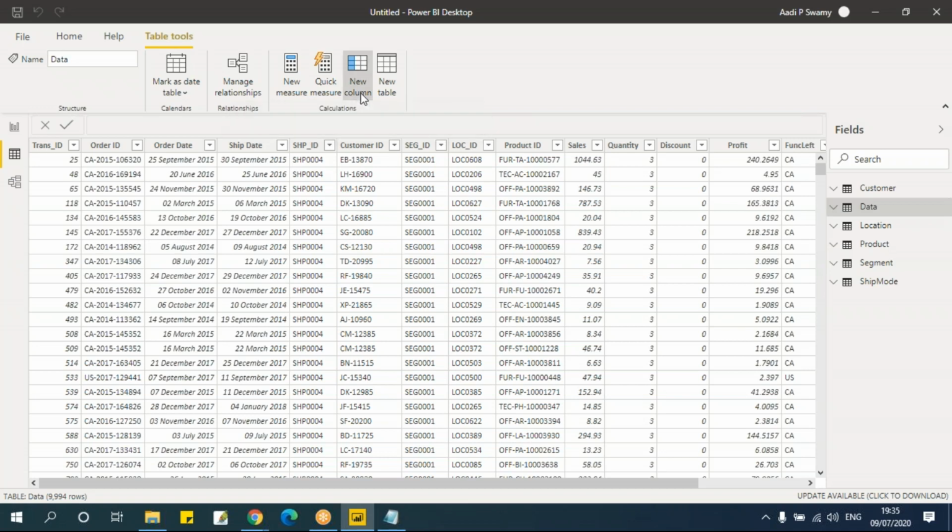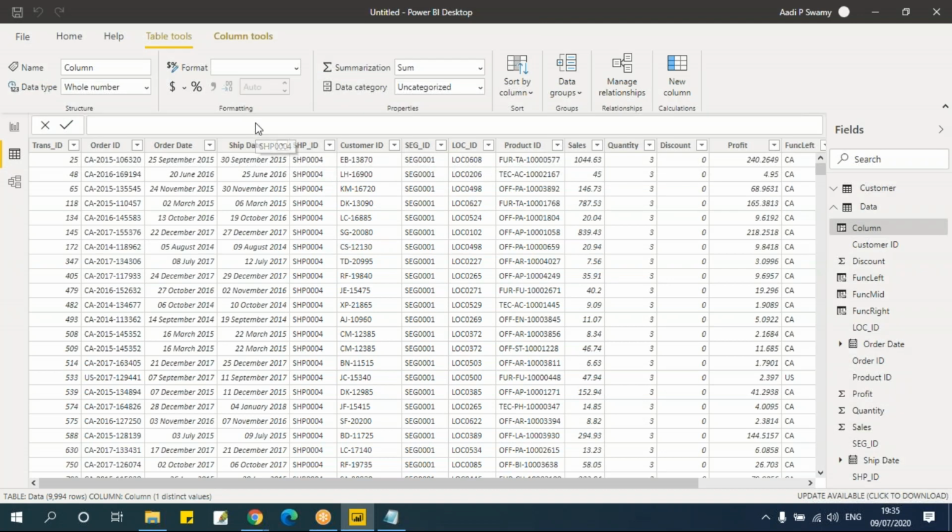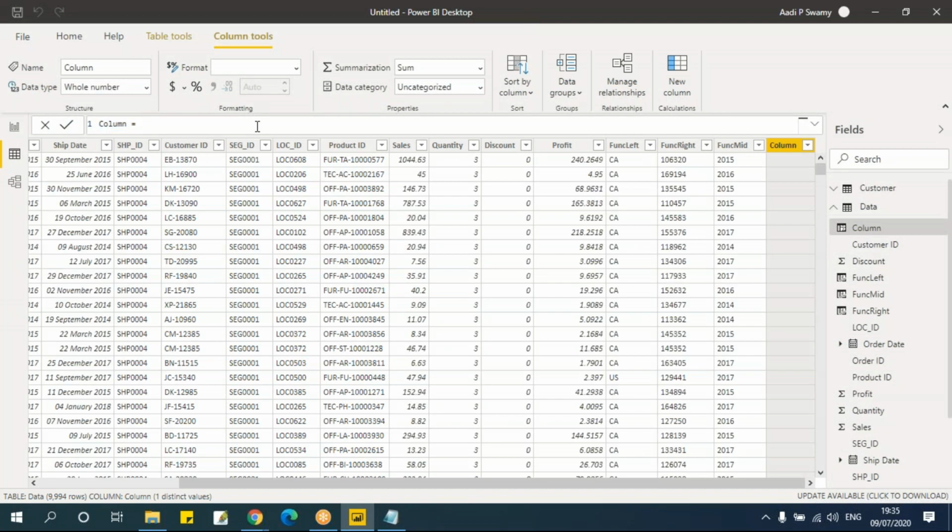Now I'll say new column and we'll say replace, use function, equals